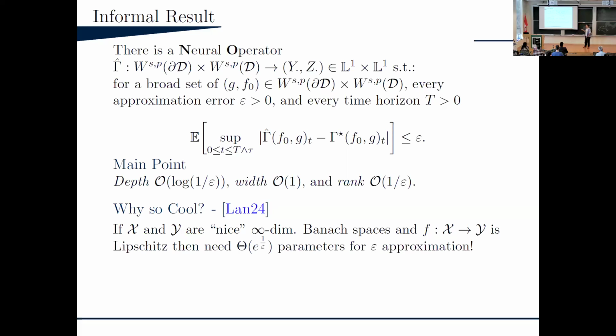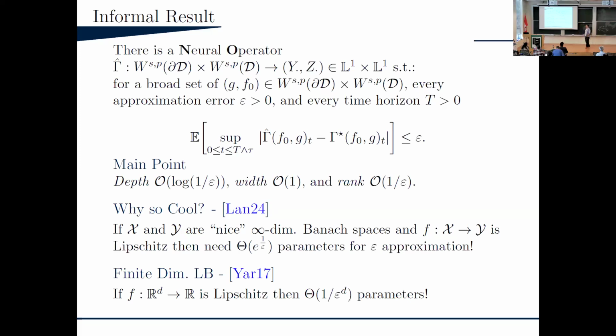Okay. Now, to understand how bad that is and how much better this is, let's actually take the next closest thing. There's a result by a magnificent mathematician, Dmitry Yarotsky, or maybe a computer scientist, from 2017. Let's understand what this looks like, not in the infinite dimensional case, but in the finite dimensional case, and then let's juxtapose everything. If you have a function that's Lipschitz between R^d and R, and you want to approximate it on some compact set to epsilon uniformly, then you need a polynomial number of parameters whose degree is equal to the dimension of the space. Yes. So this is the so-called curse of dimensionality. That's what breaks down all your algorithms.